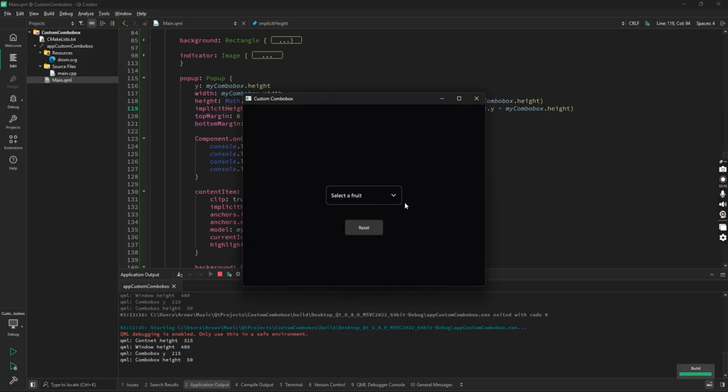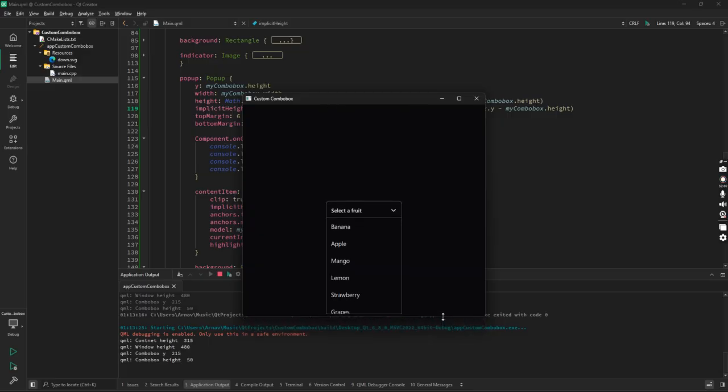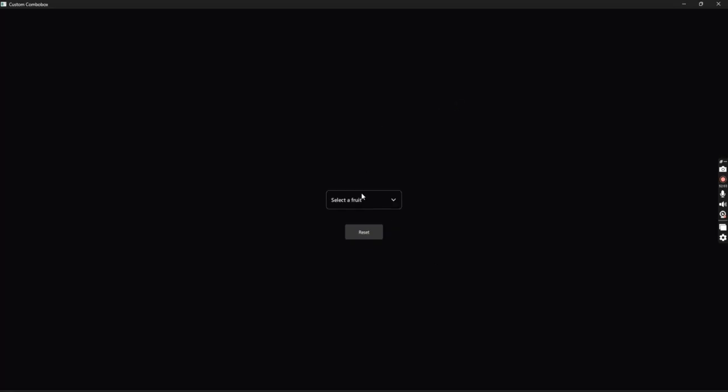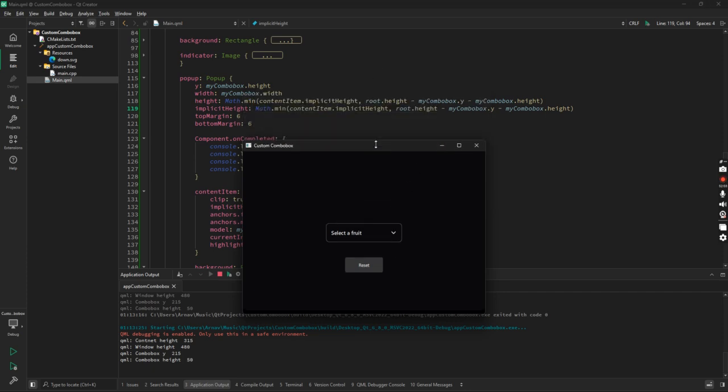Yes. No, I think still there's an issue here. I think this should never move upwards. I have to see how to fix that. But at least this is passable, right? If we make it full screen, at least this is passable compared to what was before. Let's try to shrink this a bit more. Yeah, so as you can see,